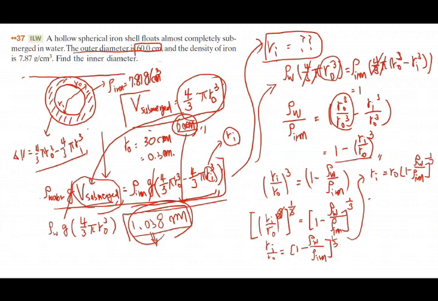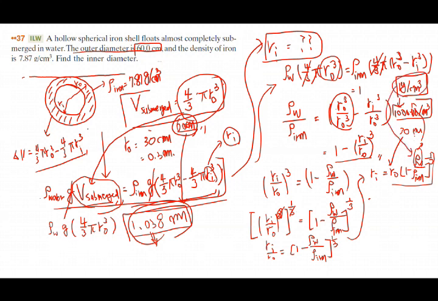So all you need now is to plug in all the numbers. R O is 30 centimeters. Water density is what? It's got to be 1. That should be 1 gram per cubic centimeter, which corresponds to 1,000 kilograms per cubic meter. So that is the same. You plug that here, 1 gram per cubic centimeter, and the density of iron is 7.87 grams per cubic centimeter. If you plug in all the numbers, that should be